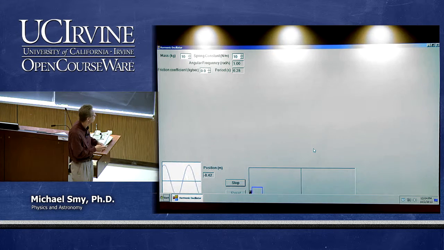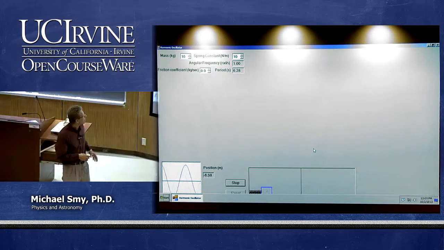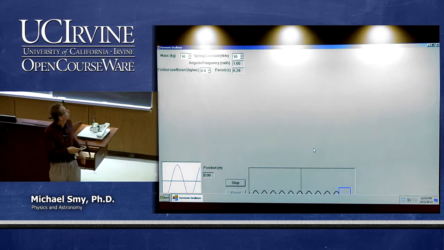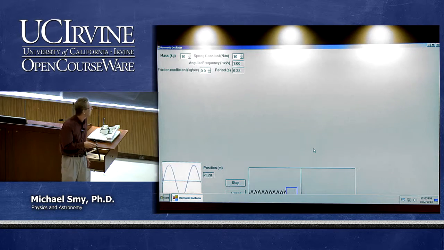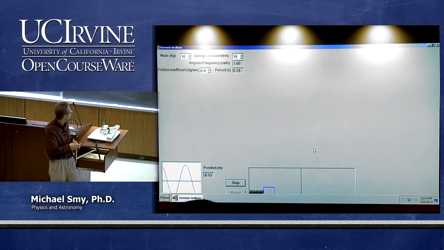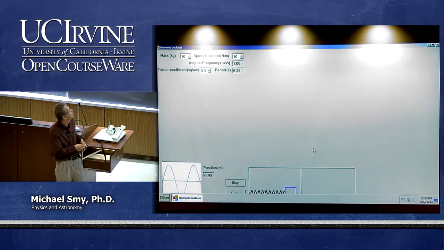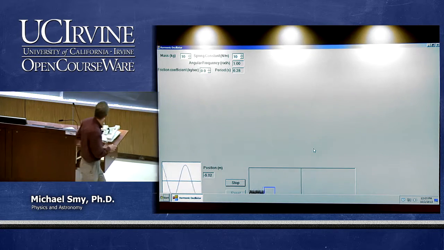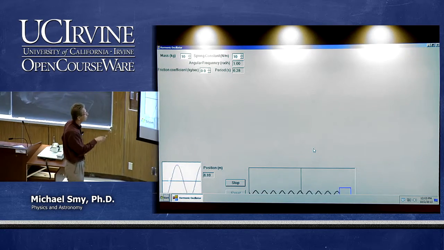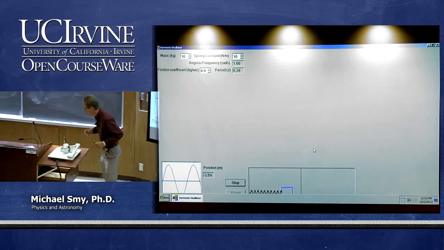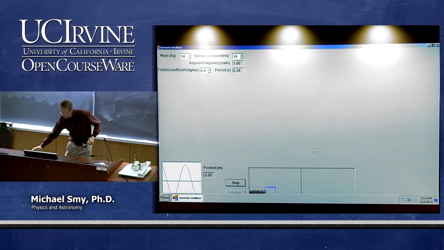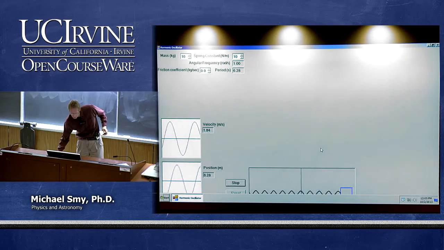This is a graph of the position as a function of time. So right now the motion is undamped, and therefore the amplitude as a function of time remains exactly the same. So this is a graph of the position. I can also turn on graphs of velocity